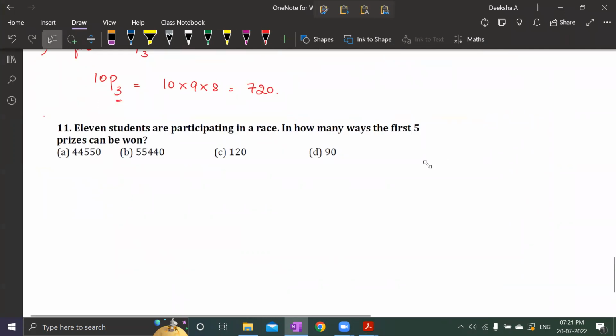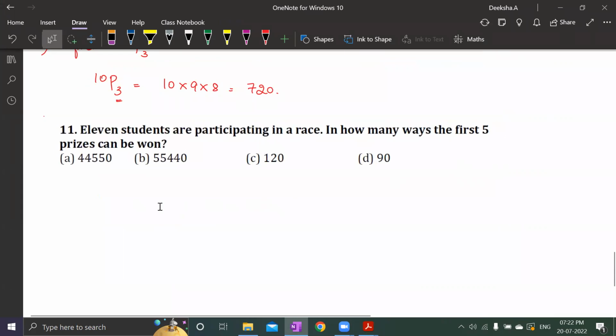See here, 11 students are participating in a race. In how many ways can the first 5 prizes be won? So there are 11 students and they're giving 5 prizes. Here, first you have to think whether the order is important or not. They're giving the first 5 prizes, right? So the order is very important because